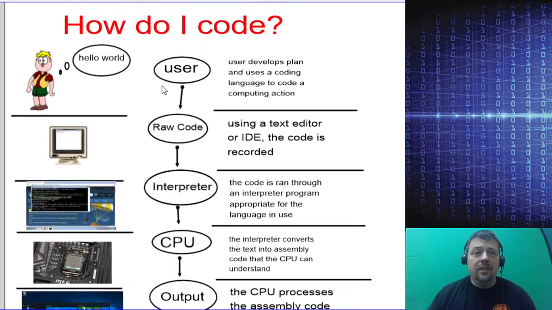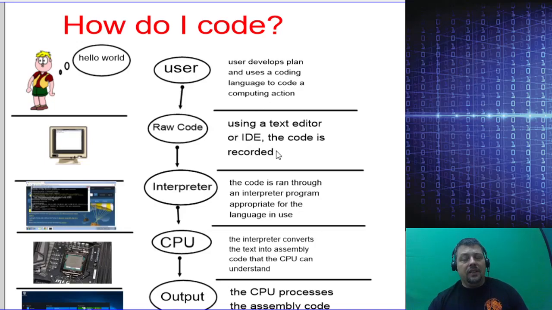How do I create a computer program? Well, first of all, you're going to develop a plan. So this involves no actual coding whatsoever. You're just either drawing out notes, or just thinking in your mind, what do you want to do? What task do you want to solve? And how can I break this down into steps that the computer will understand? So you're working through it mentally, thinking about what you want to do.